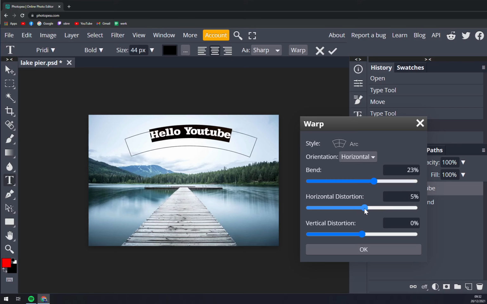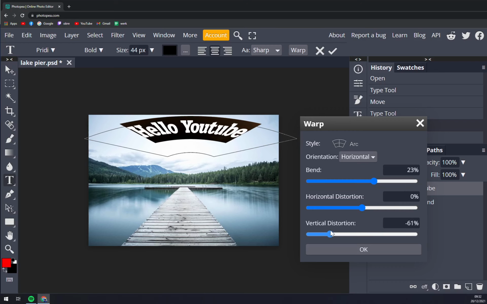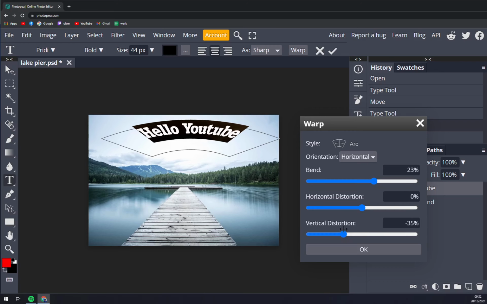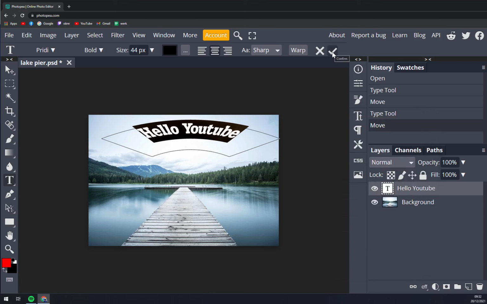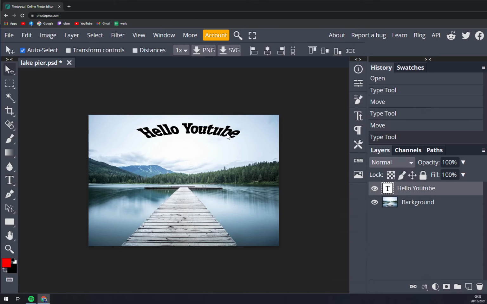horizontal distortion, let's keep it on 0%, and vertical distortion. I like it like this. So you press OK and then confirm. And as you can see, it looks like from Star Wars, but a little bit